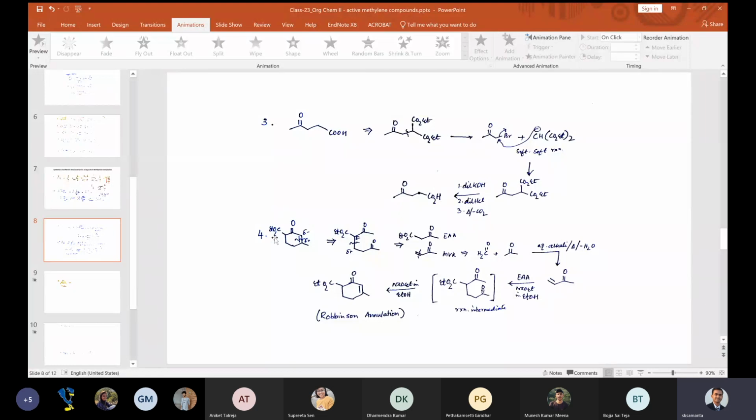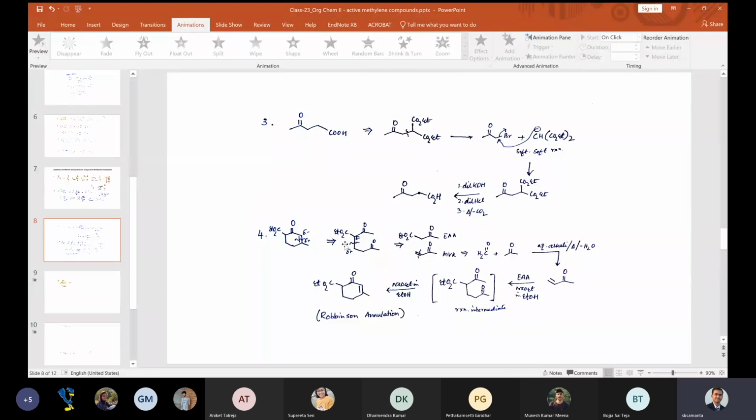Okay, let's come to this structure. Anyway, this was a little bit tricky, so I would not even ask it. How do we get this molecule? This molecule is somewhat similar to the first example that we have seen. So here we first cut this double bond. This side is your ketone, this side is your CH3. You already have COOEt. If this COOEt is not given, you would have to add it as an addition of functional group, which we did in the first case.